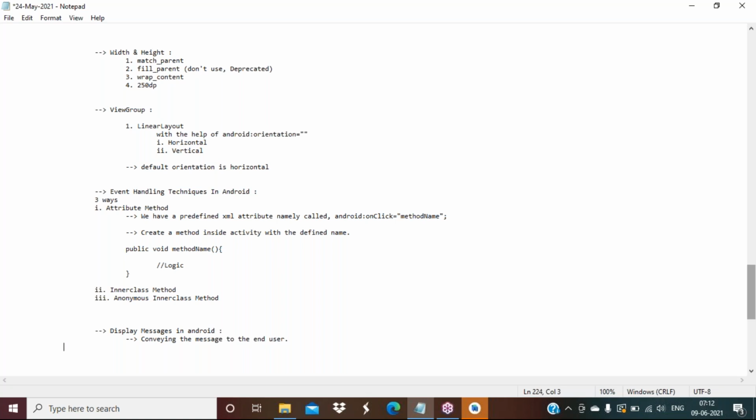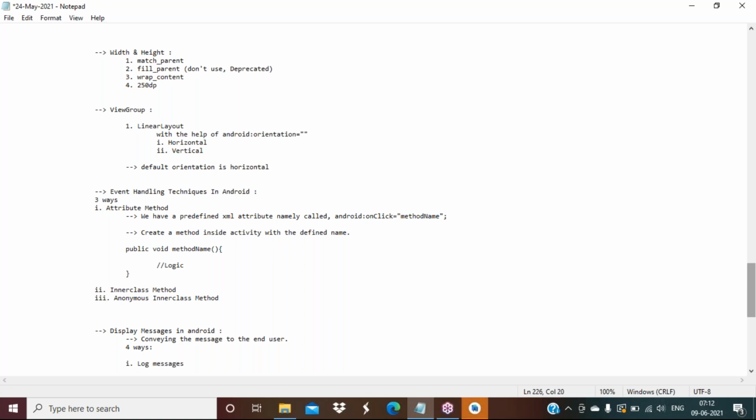For that we are going to convey a message. How are we going to convey it? We have four ways here. In that, the first one I am going to explain right now, and later I will explain the other ways. Okay, log messages.